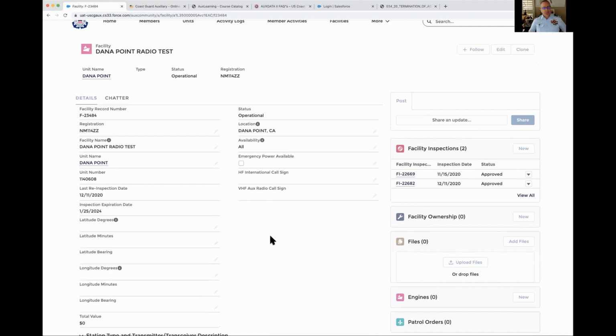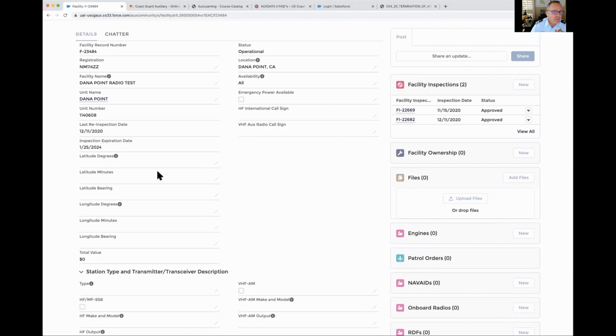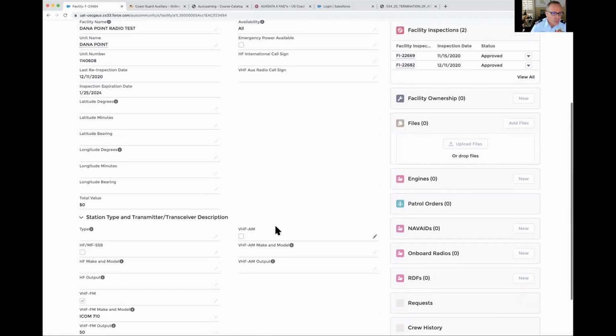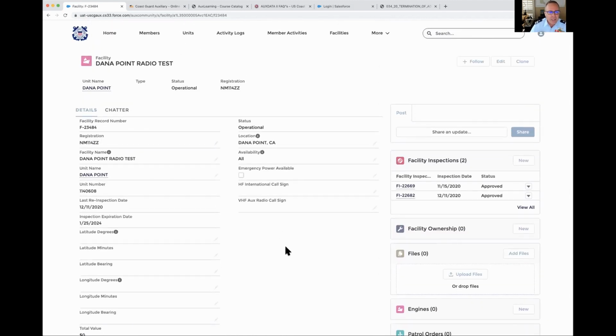And this, of course, was a test entry that we were getting ready for this, and so there's a lot of information here that in an actual facility before it would be approved would be, for example, the location information, more about the radio, all the stuff we filled out on the other records when we showed you would be already here. But what Bill's pointing out is the last reinspection date will be populated for an approved status operational